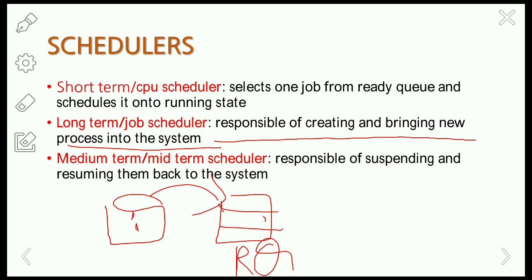Okay, and you can consider the ready queue as a queue that consists of two ends, the front end and rear end. The jobs are loaded to the ready queue through the front end, so you can consider this as a ready queue.